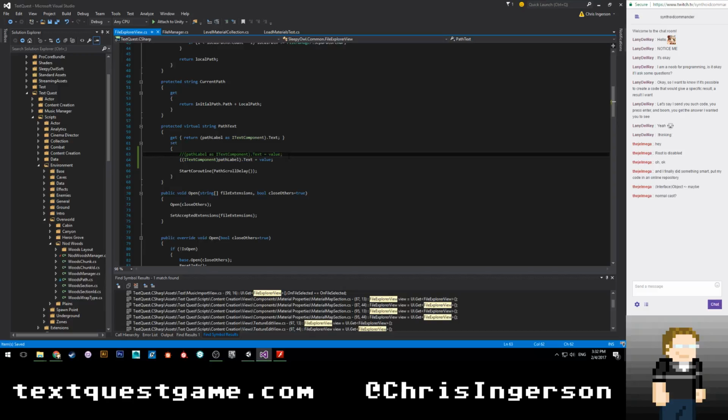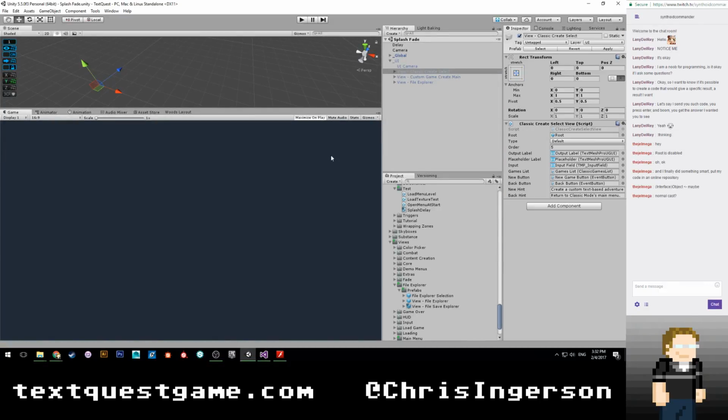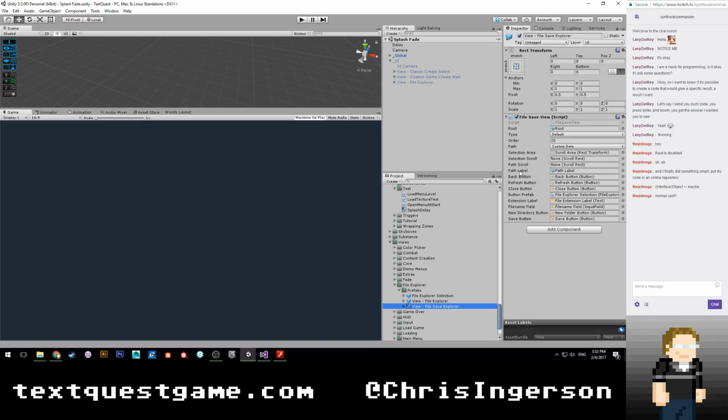I just hope I don't have to get down to some System.Reflection stuff where it's forcing things to be interpreted as a specific type. Although interfaces aren't types, so it's super weird. Let's hope that we can do this, because I already have to do a lot of trickery to get the path label stuff working, because it's supposed to be an